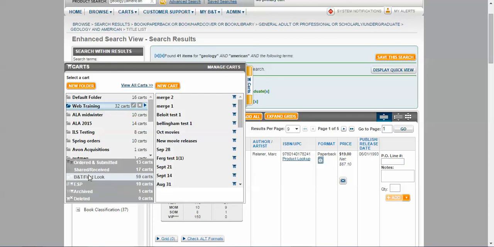B&T First Look. You'll have this folder if we supply lists to you. Many libraries get lists that our collection development department supplied to them, and they do selection based on that. So we can profile you. We have a lot of lists that we supply all the time. And with a lot of libraries, we profile them and supply lists that are highly detailed, highly customized